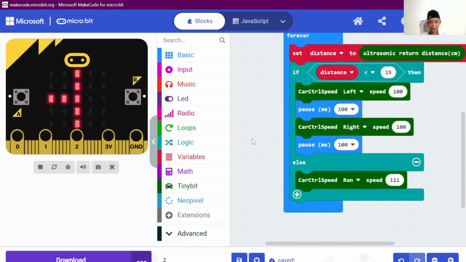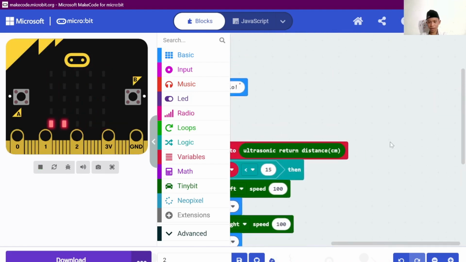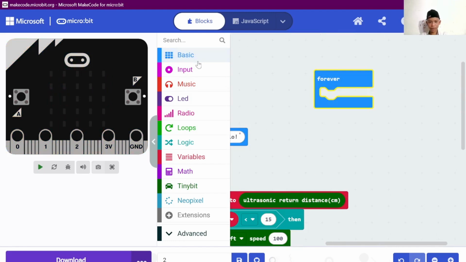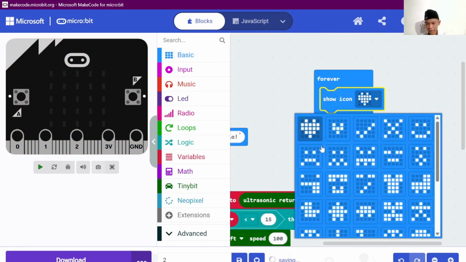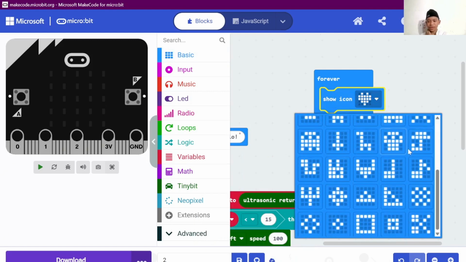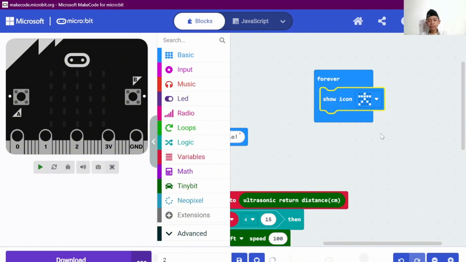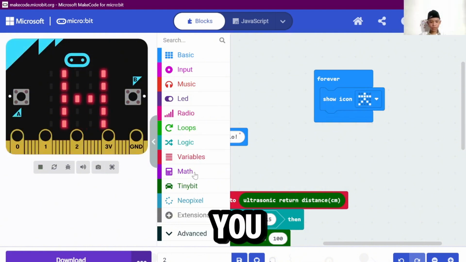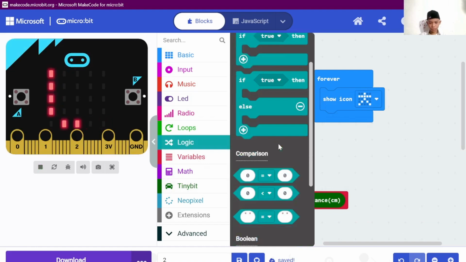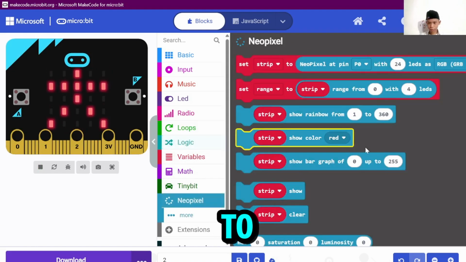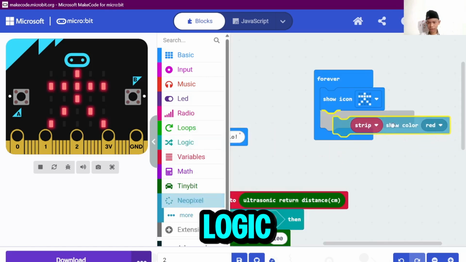To make it better, go to basic, take forever, then go to basic again and take show icon. You can see so many icons, and it's up to you which you pick. I just pick this one. Then go to logic and take this one.